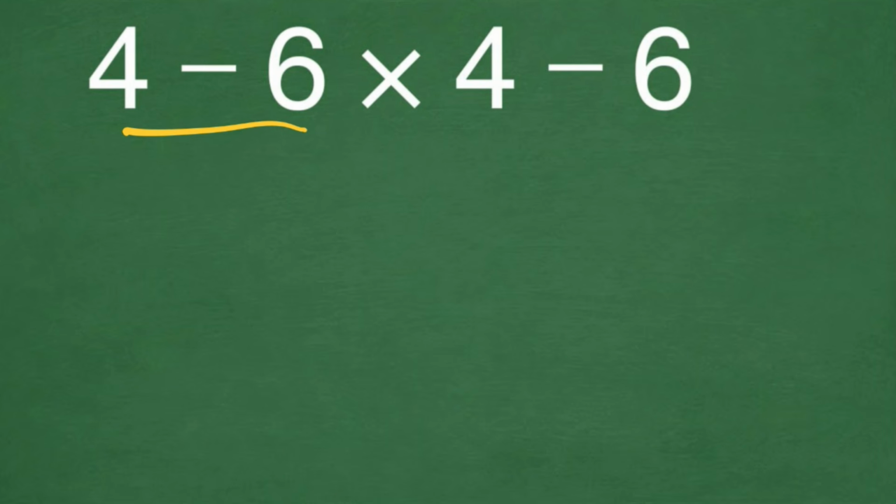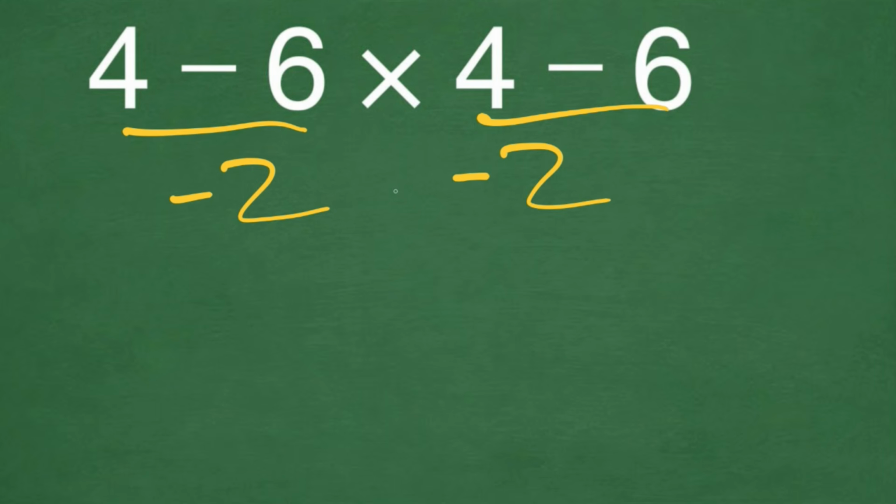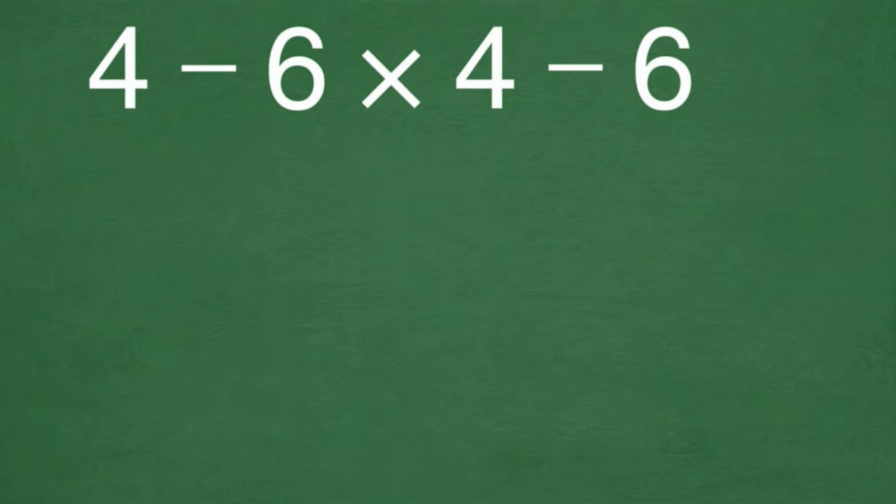4 minus 6 gives us negative 2. And again, here we have 4 minus 6, which again gives us negative 2. And negative 2 times negative 2 is equal to 4, because negative times negative is positive and 2 times 2 is 4. But this answer is not correct, because according to the order of operation, PEMDAS, which I will write